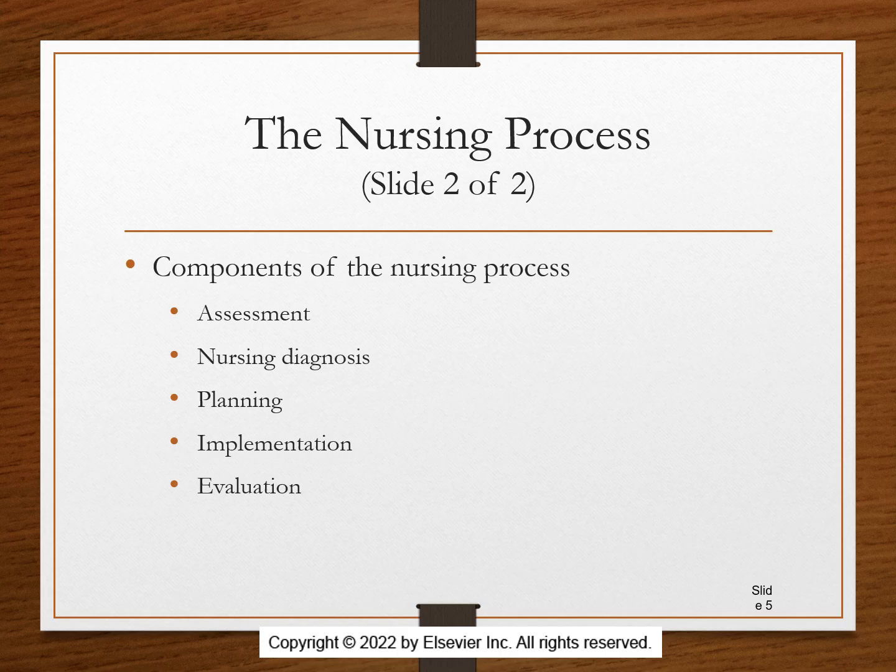The clinical judgment model expands upon the nursing process and emphasizes the need to include context in planning patient care, as patient situations are dynamic in nature. The clinical judgment model includes the steps to recognize cues, analyze cues and form hypotheses, prioritize hypotheses, generate solutions, take